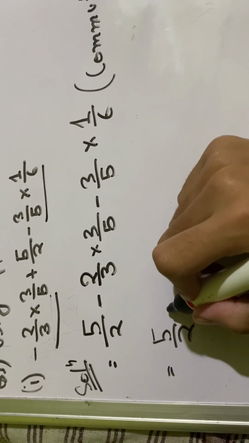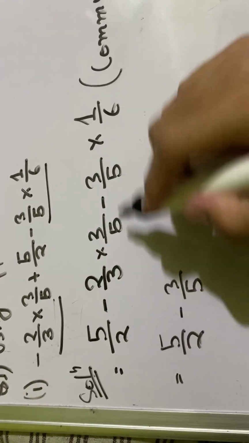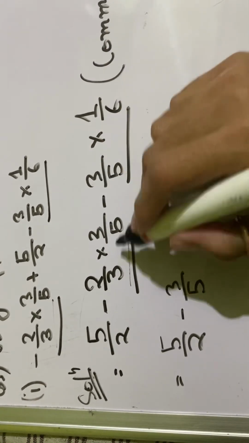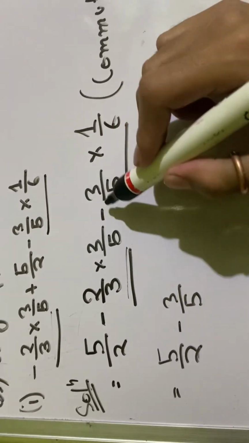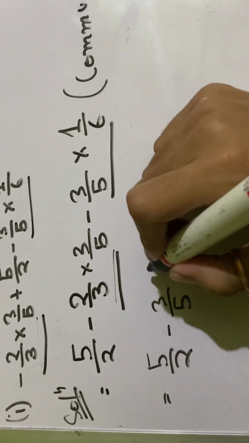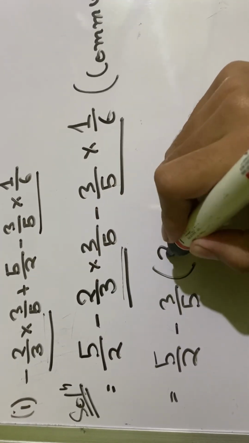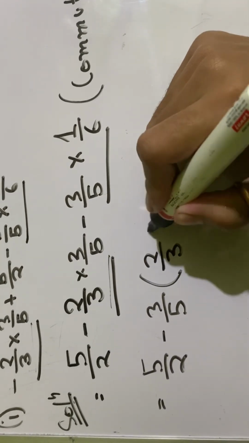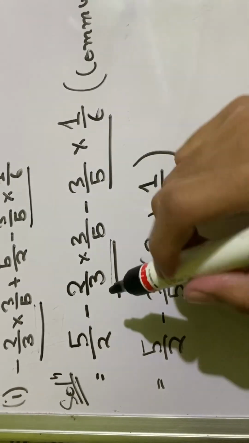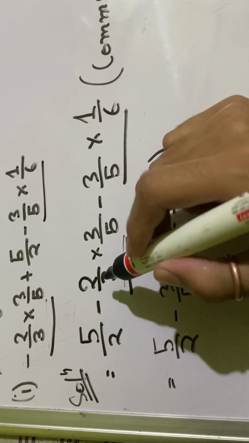Then you take minus 3 by 5 common from these two terms, as 3 by 5 and 3 by 5 are common in these two terms. You have to take 3 by 5 common, then you take 2 by 3 plus 1 by 6. You might think why 2 by 3 is plus and here it is minus 2 by 3,